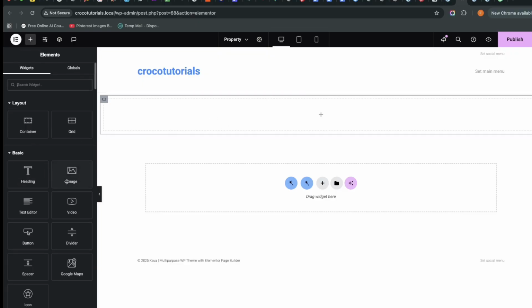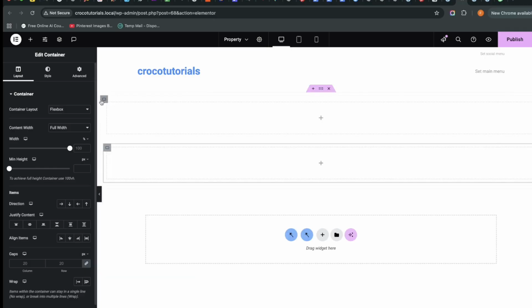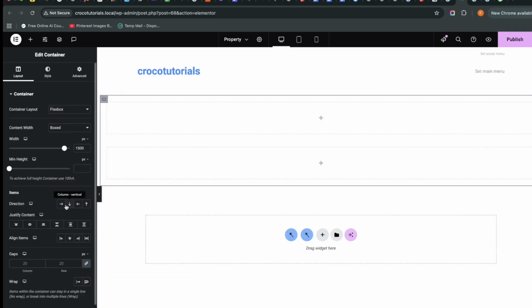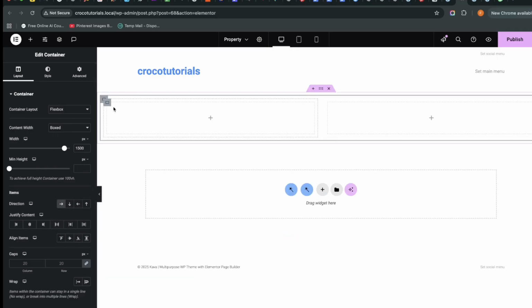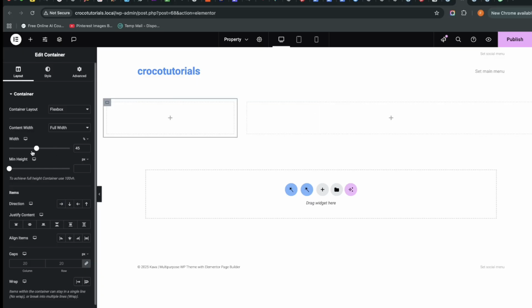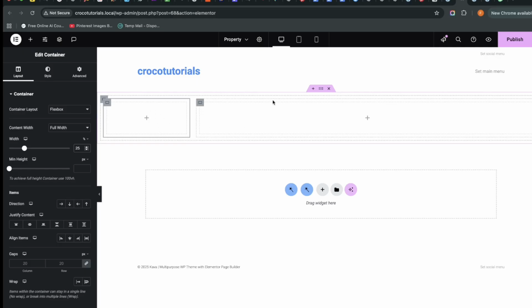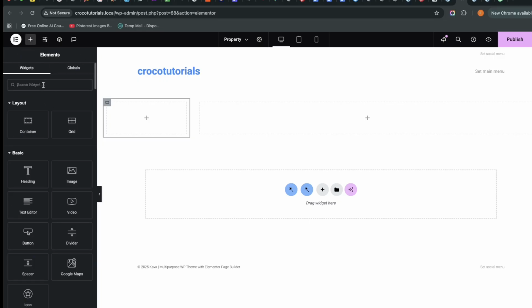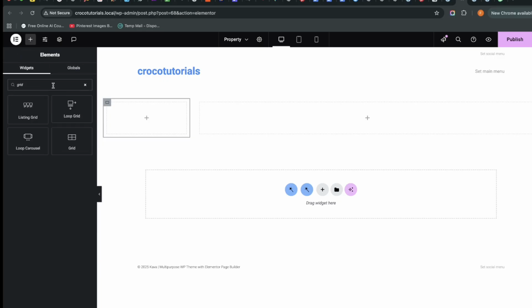And then I want to add two containers inside here. I will duplicate this, and make this horizontally aligned. Then I want to make this one, let's say, 25%. This is where we are going to add the filters. Then here I'm just going to add the listing grid. I'll just say grid,